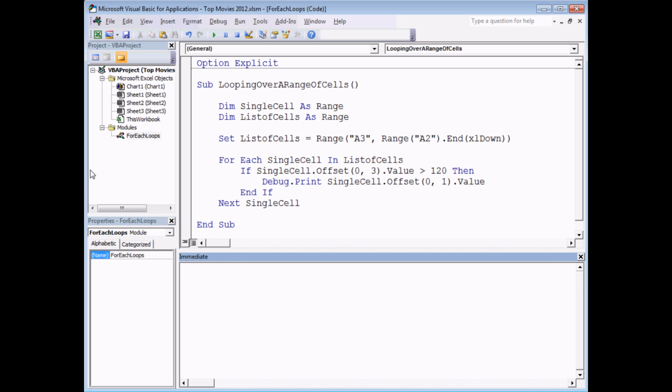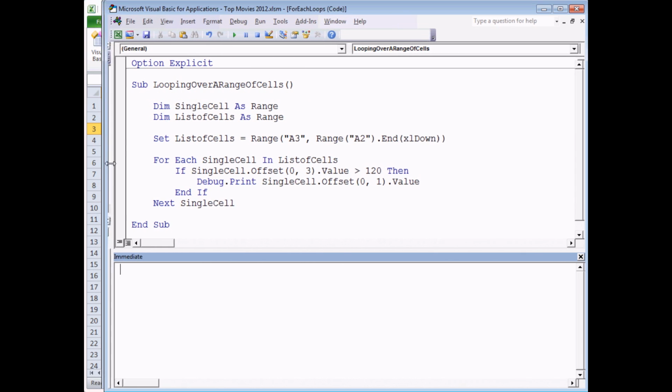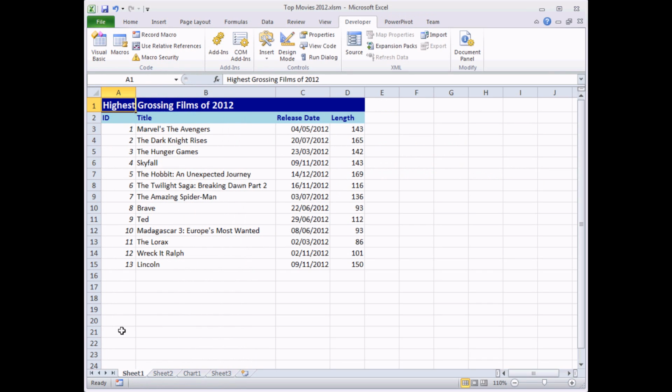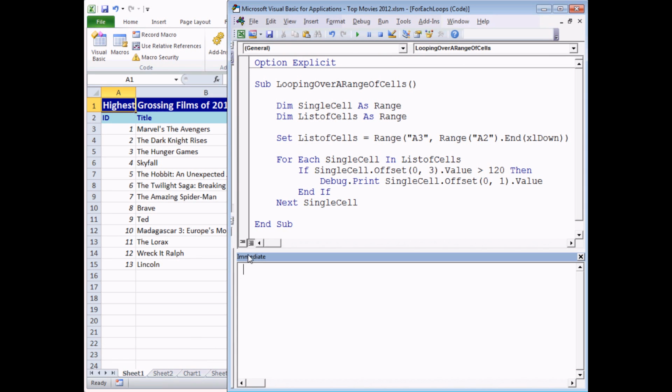So if I display the immediate window again, view immediate window, make sure it's cleared out, and then start stepping through the routine, I'm just going to change the screen width so you can see the cells in the background. Again, just something that was kind of related to when we processed our list of worksheets. We saw that we didn't actually physically select the worksheets. When you process a collection of cells, you don't physically select those cells either. As I begin using the F8 key to start stepping through,